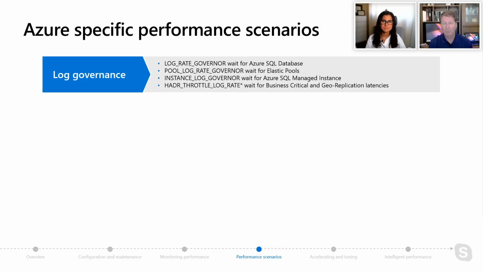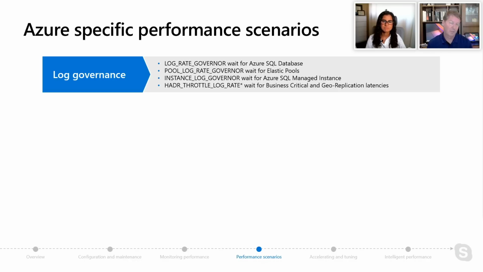And these are the types of wait types that you might see showing up in the DMVs I talked about, in exec requests or OS wait stats, which I didn't show, but in one of our other labs, we show you how to use that. But these waits could show up, and if you see them, oh, I've got to go take a look at the log generation I'm making. How much logging am I doing in my application? And maybe back that off a little bit, or maybe I need a new deployment option to get the amount of log rate that I need. So that's one of them.